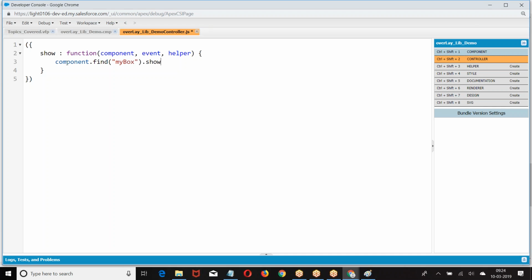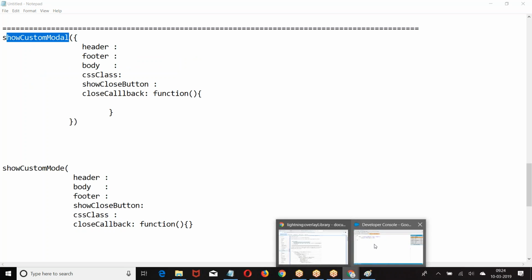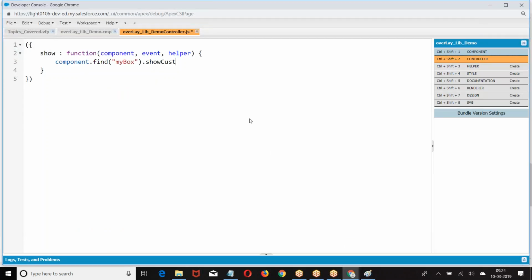What is the function we discussed? Show custom model. We are trying to create a button here. This is the button. In this button,